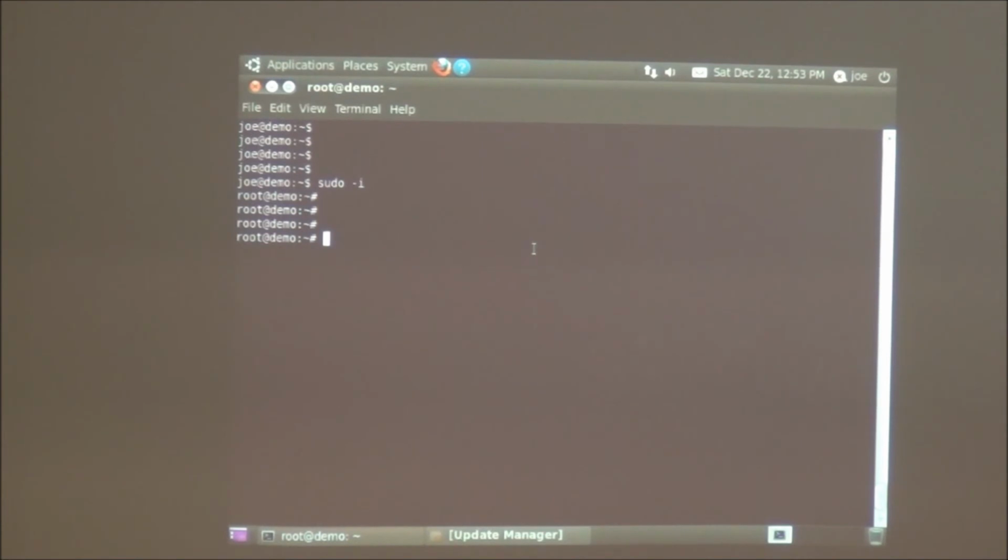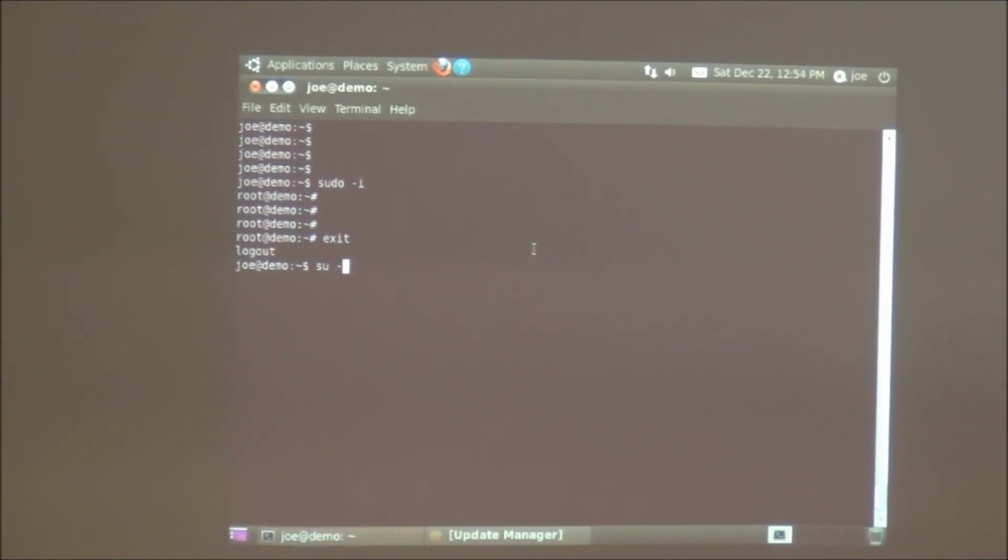But if you don't want to keep typing sudo every single time, you can do sudo -i, and that elevates you to root, or you could type su. Well, I'm already root, so exit. You would type su and a dash, and you will log in.